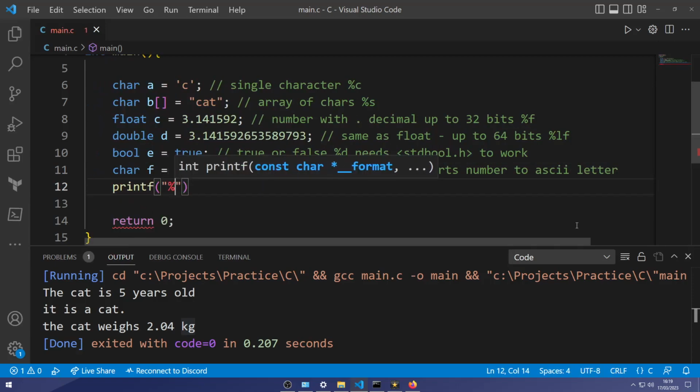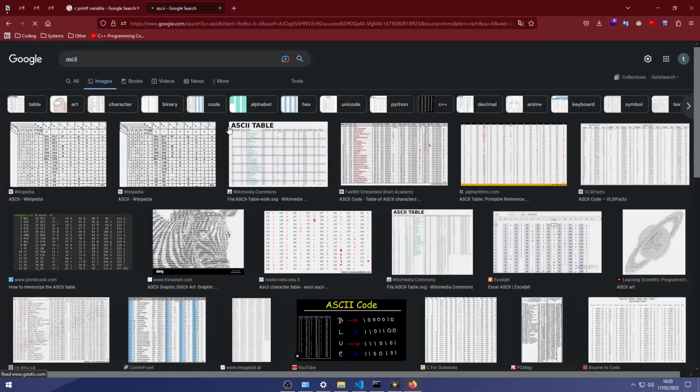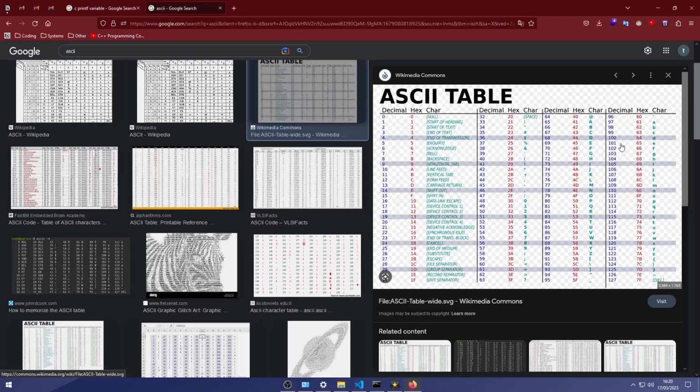And this is the way that you would print this out. So you would do print %c. c is specifying that we're going to be using a character type. If we go to Google and look up an ASCII table, 100 is equal to a D.